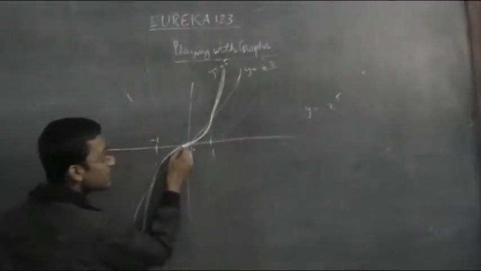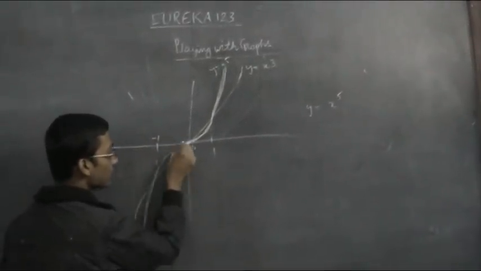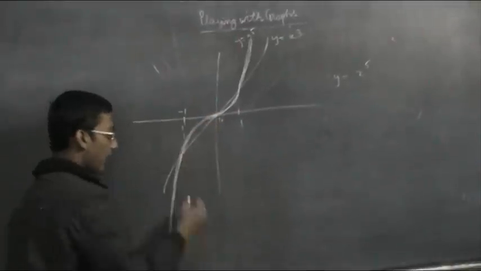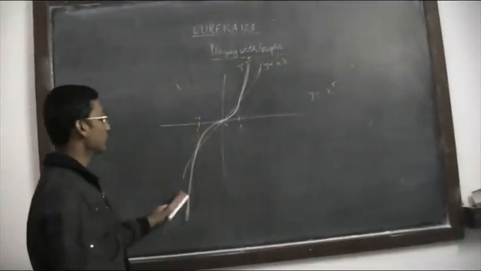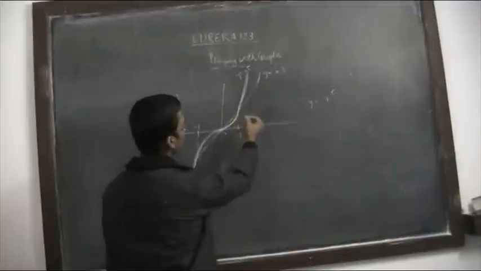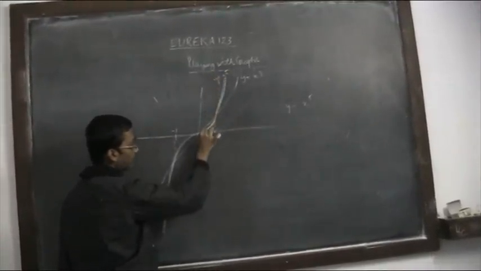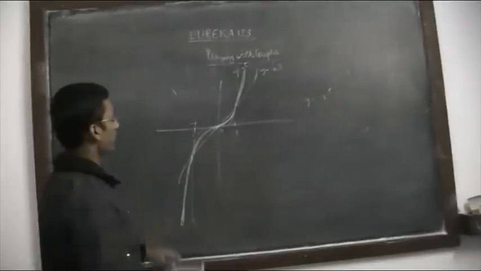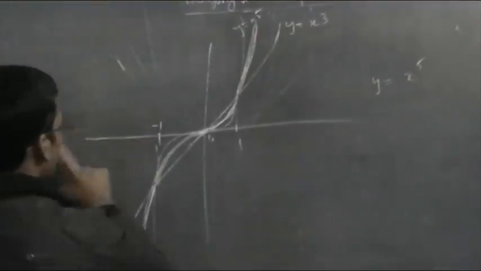What is happening here is the negative sign, because of the negative sign it is coming. The absolute value is less, but because of the negative sign, it is above this. And here it is below this, because of the negative sign. The absolute value is less here and the absolute value is more here. So this is y equals x to the power 5. Y equals x to the power 7, like this, then below, and then this is y equals x to the power 7. So we saw the graphs of even powers and the odd powers.